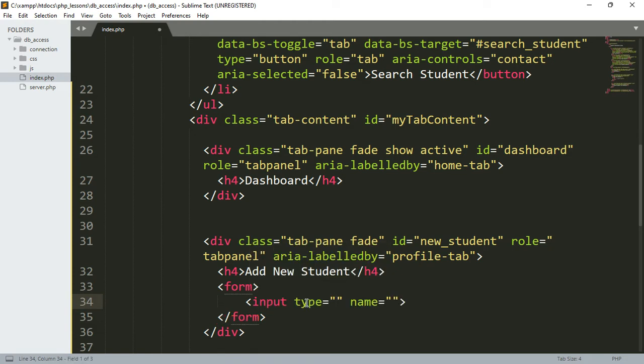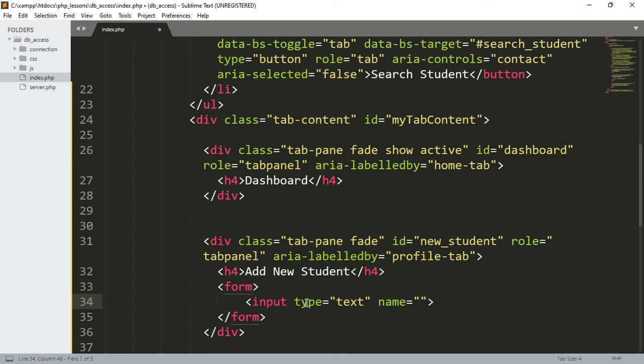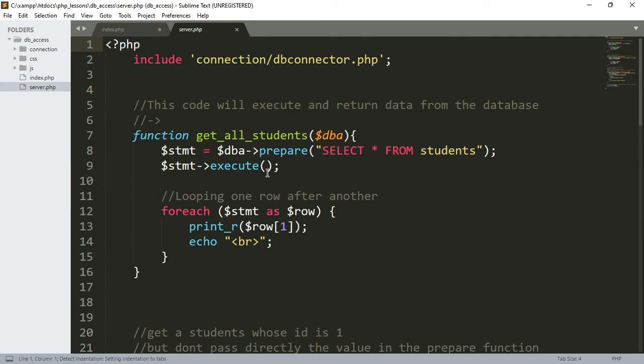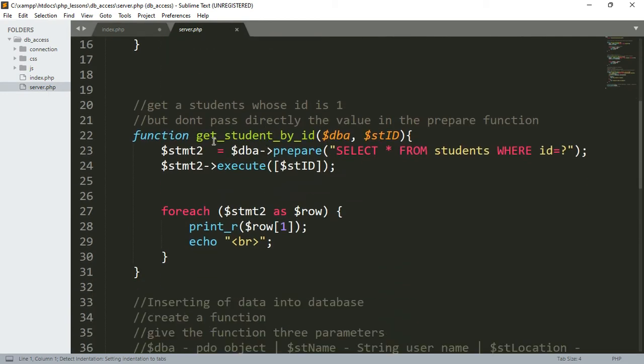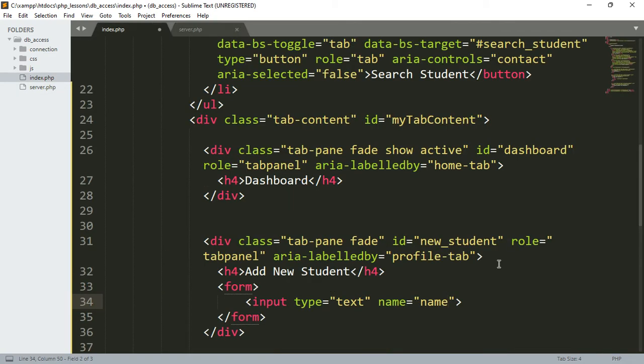input type, this will be text. Input name, that should be name. I'm not sure. Let me check from my server here because this will tell me. So if we are going to add a new student, we need a name and location. Yeah, so we need name and location from the user. So here we are going to put name,